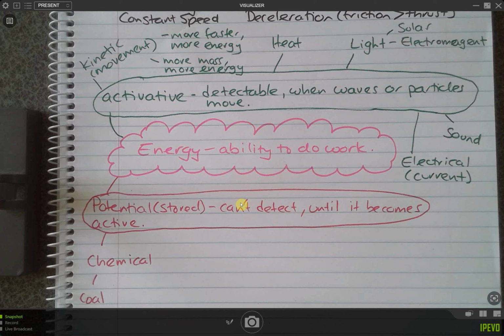Now, with chemical energy, where do we get our chemical energy from, do you think? Someone new? Anybody want to take a stab? Where do we get our energy from? No one wants to talk. What's it called? You just had it.